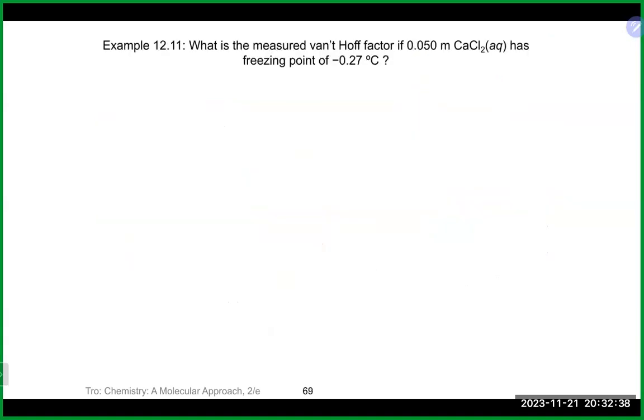So let's finish up here with: what is the measured van't Hoff factor if 0.05 mole calcium